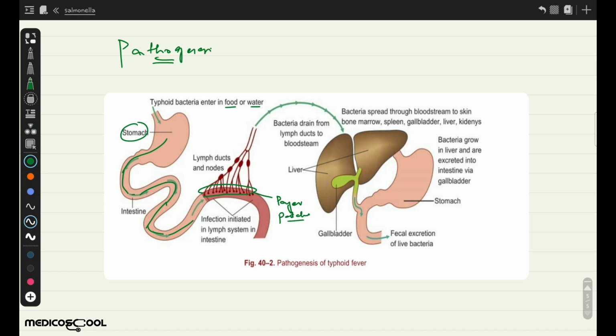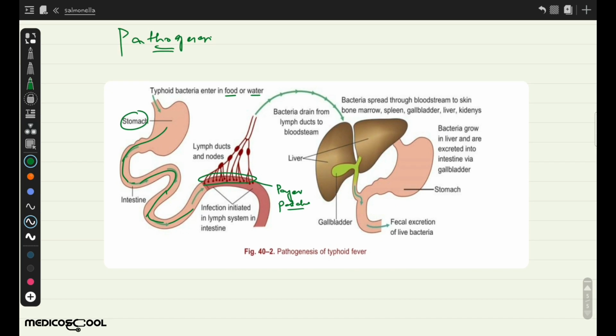So they enter the Peyer's patches, the phagocytes of the Peyer's patches, but the important point to keep in mind is that they are not killed by the phagocytes. It is because they contain a special type of capsule called the Vi capsule, and this Vi capsule, as we have already discussed in the antigen, is antiphagocytic. This antiphagocytic property of the Vi capsule helps the Salmonella typhi against the killing effect of the lysosomes and phagosomes present in the